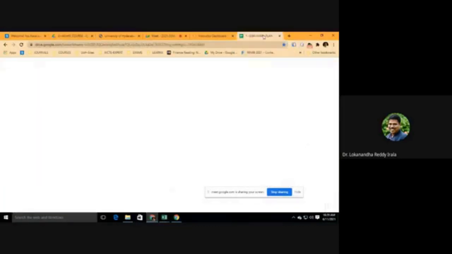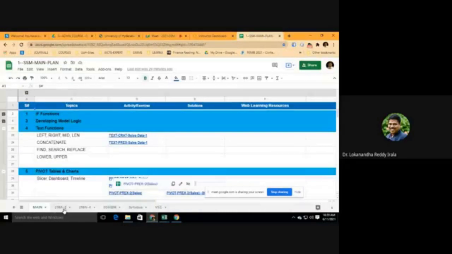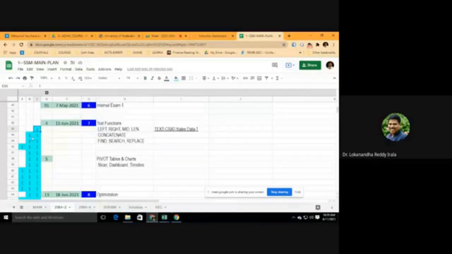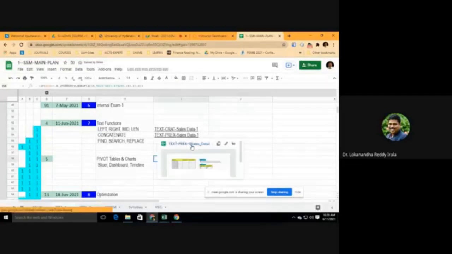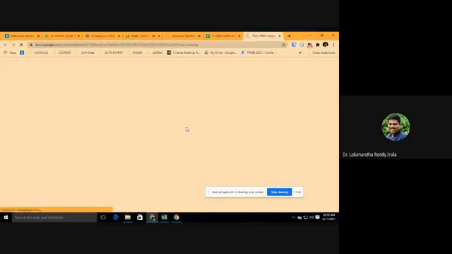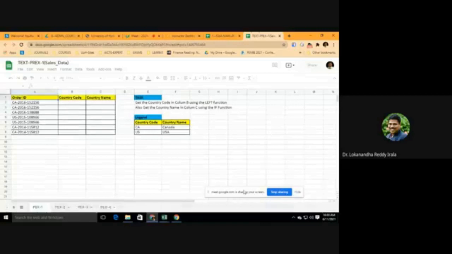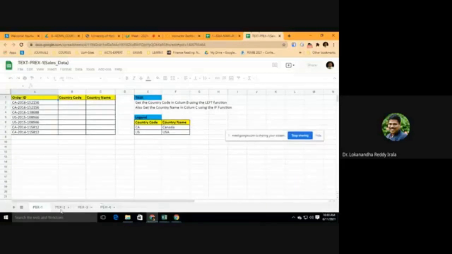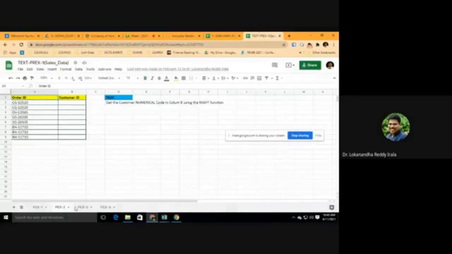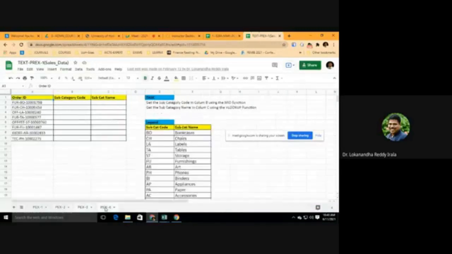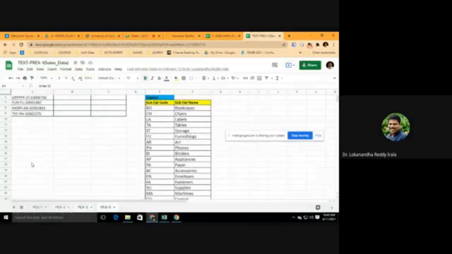So this exercise you can do, and as well, I gave a small practice exercise. Just go to the course resource page. So here you have a practice exercise. This one, just open that. Yeah. So you please complete